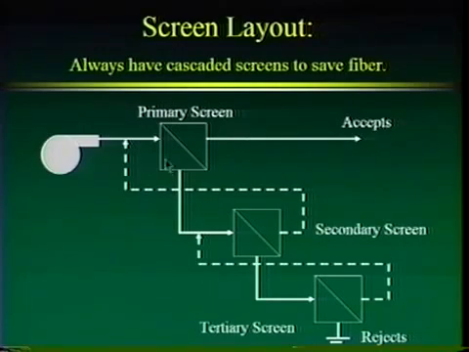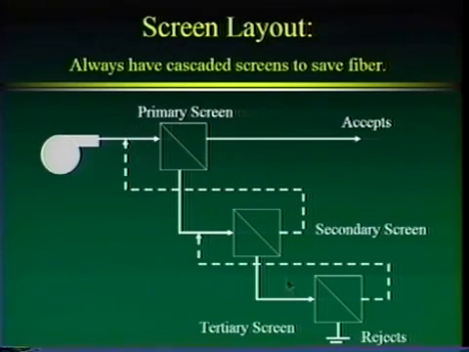Well, the rejects from that primary screen are going to be fed to the secondary screen. And now this secondary screen, its objective is to save some fiber. Yes, it wants good, clean fiber to go through to the accepts, but that's somewhat of secondary importance. So this screen right here might have different hole size or different operating conditions because it's going to want to save fiber. And that accept material will go back here, join with the primary feed, and go into the primary